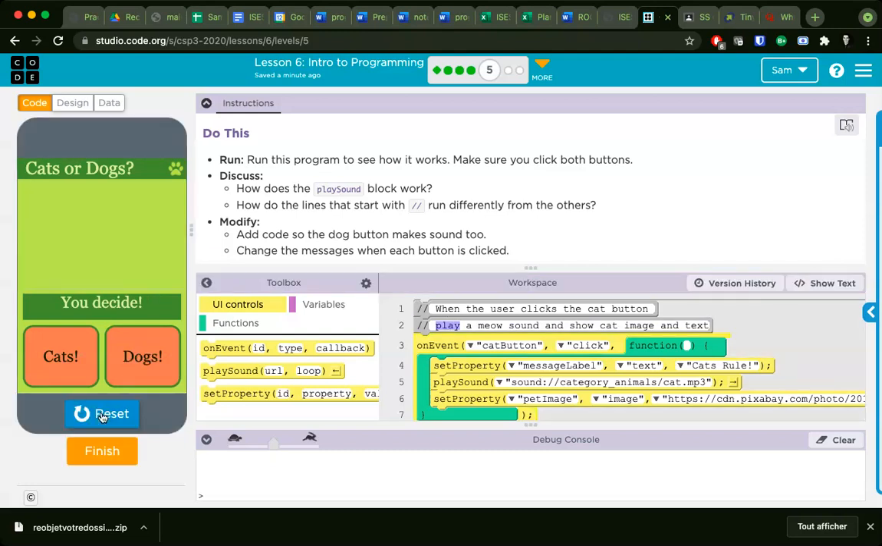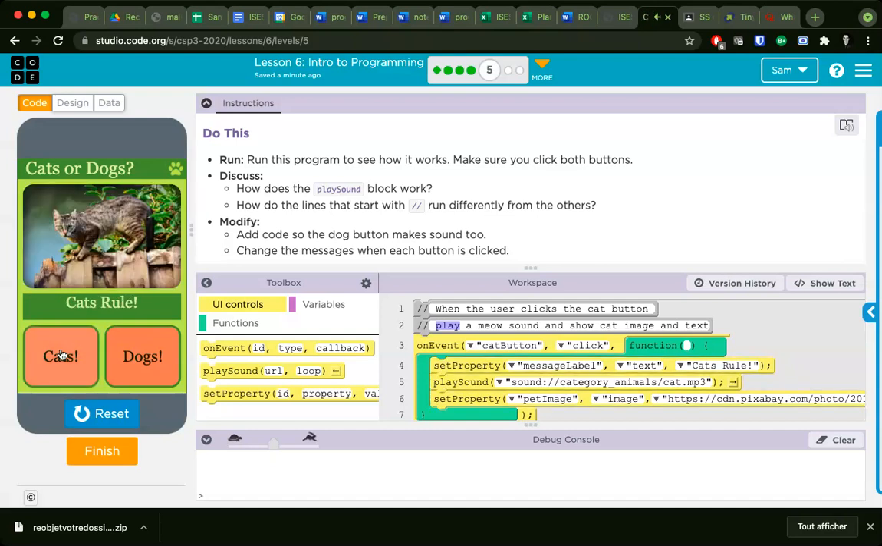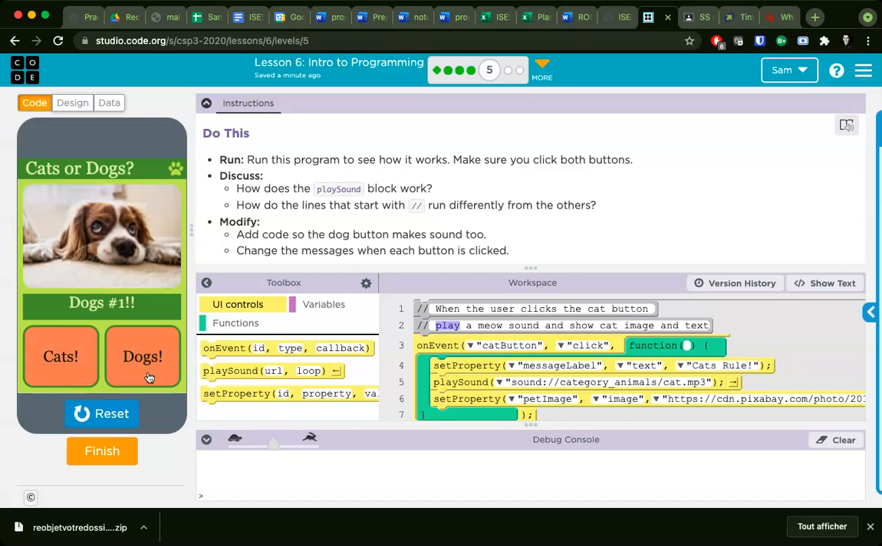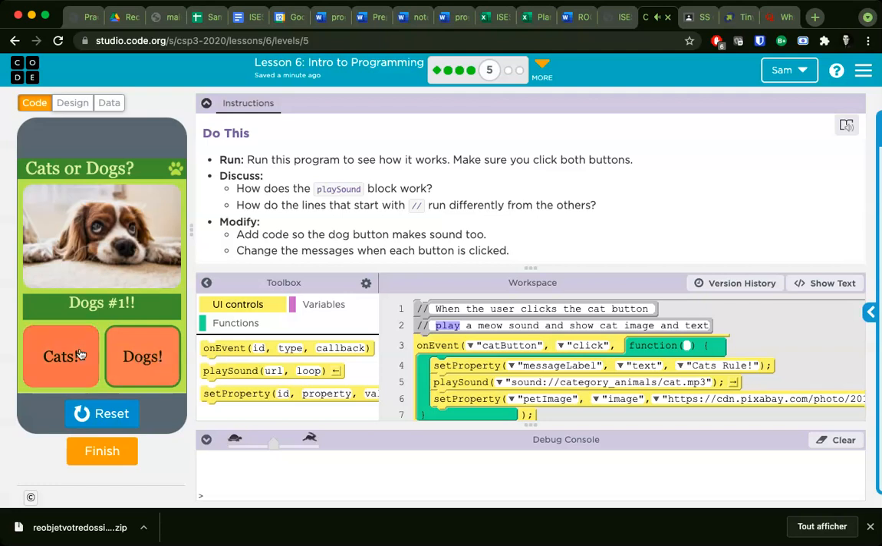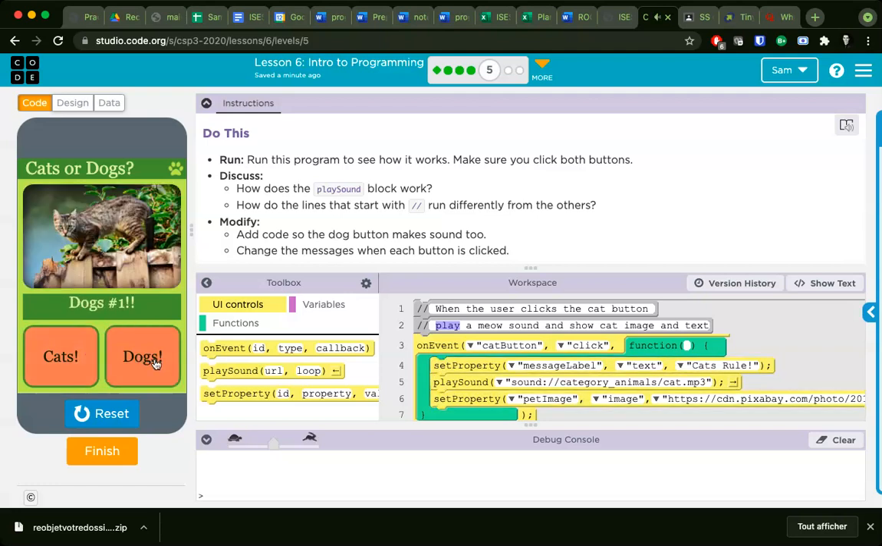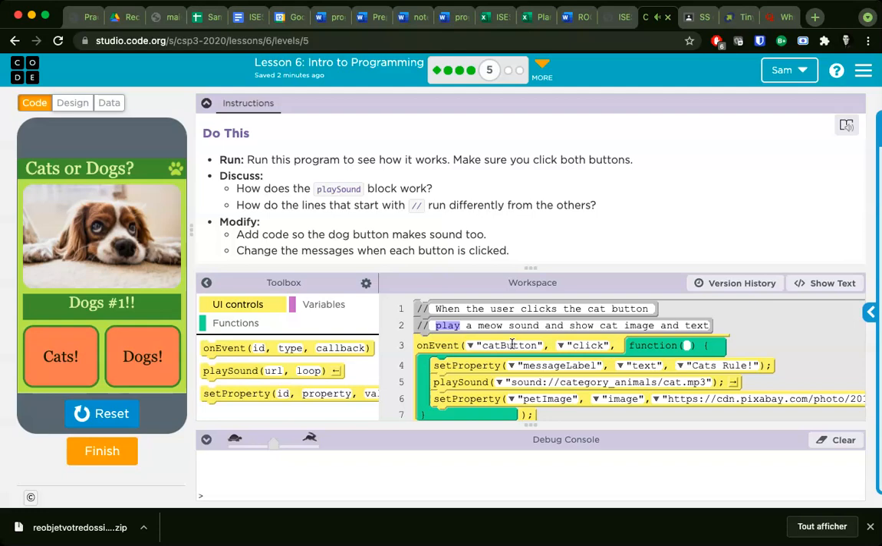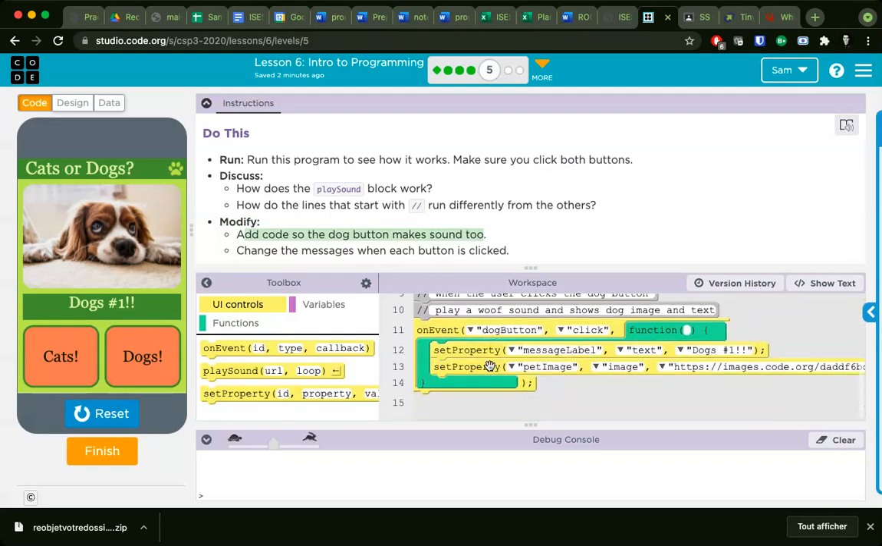So let's run it. Cats. Okay. Dogs. Cats. Dogs. Cats. Dogs. Okay. Super. So what do I have to do? Add code so the dog button makes sound 2. Okay. Well, I'm going to look for the on event dog button code here, and I'm going to add a